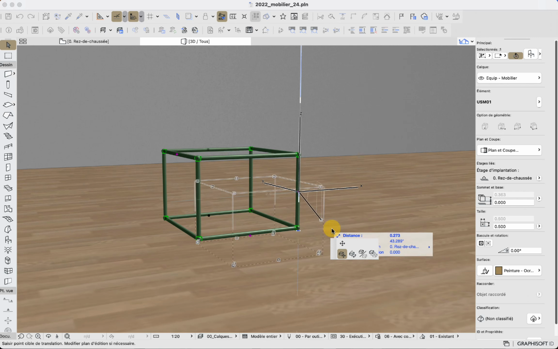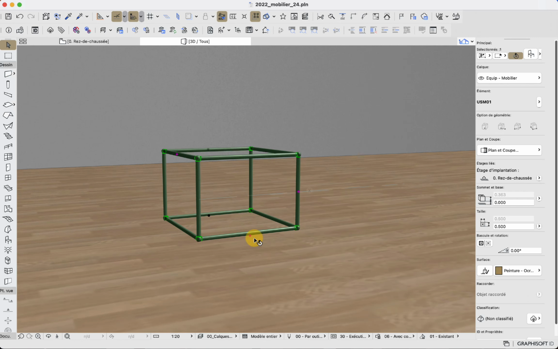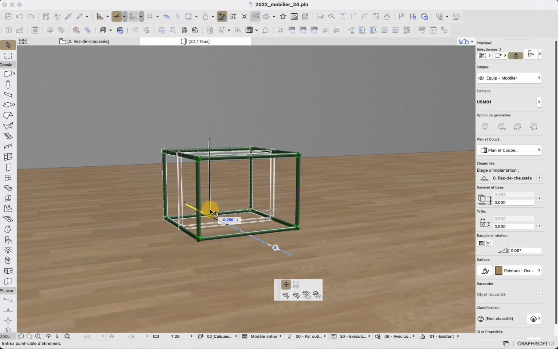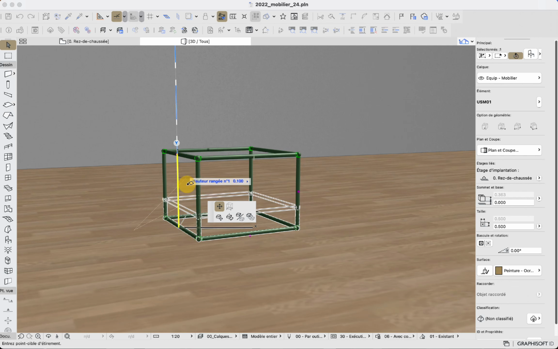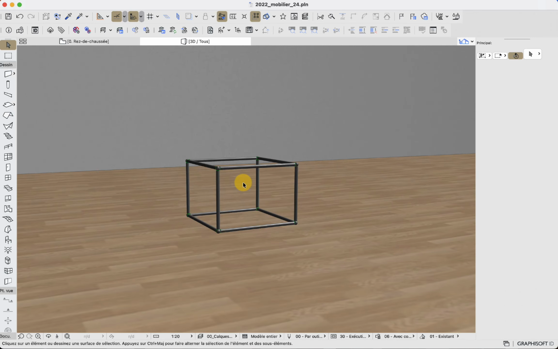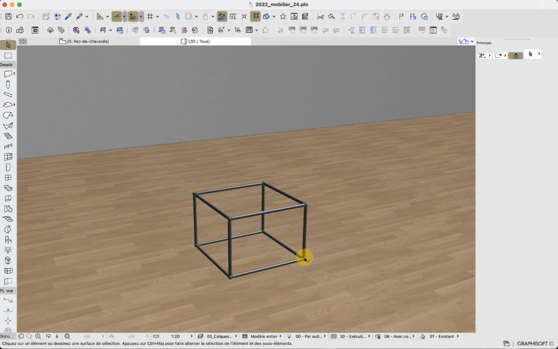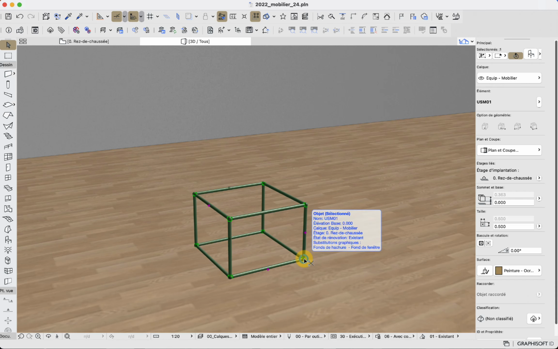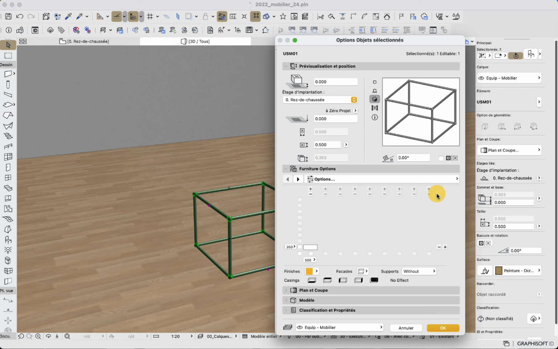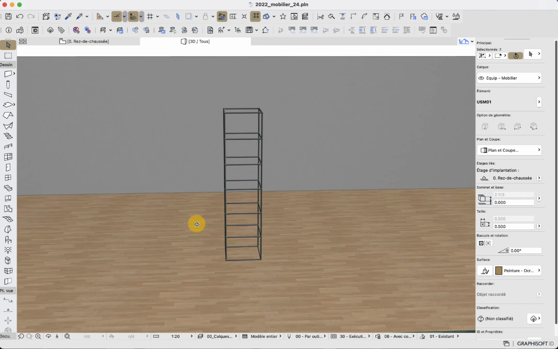It can be resized in width, in depth, and in height as well, according to a specific number of values. But the idea is not to have one single module, it is to have several. So how do I do so? Well, I just go to the option, and I have here a matrix. The matrix will help me add columns or rows the way I want. For example, if I want to simply have one big column, well, I can.